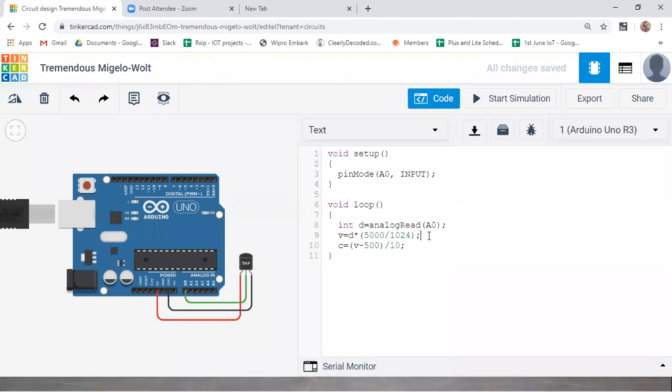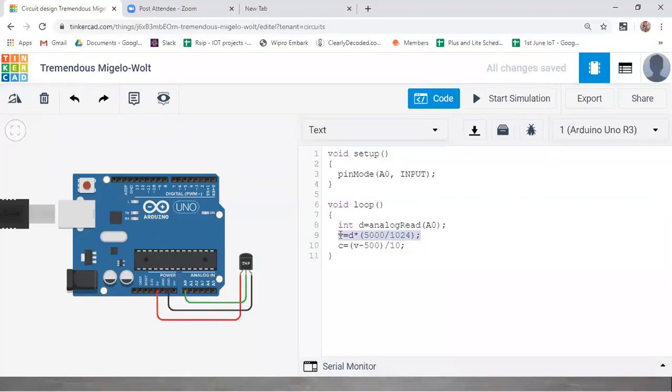This temperature value ranges from minus 40 to 125. But the voltage you will get is in the range of 0 to nearly 200, the minimum is 0 and the maximum is up to 200.